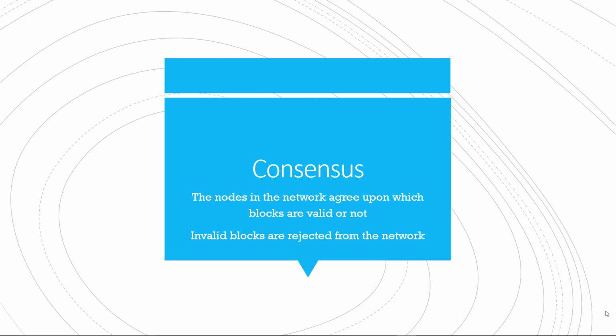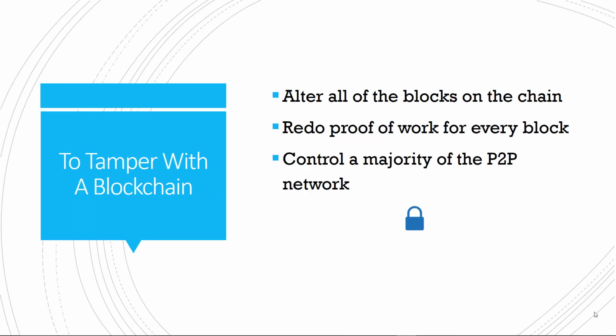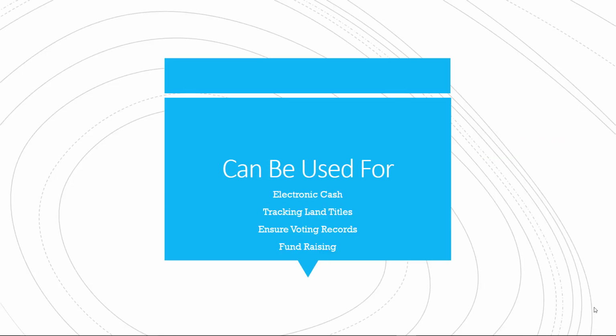The blockchain software combined with the network creates consensus. The nodes in the network agree upon which blocks are valid or not. Invalid blocks are rejected from the network. To tamper with the blockchain, you would have to alter all of the blocks on the chain. You'd have to redo the proof of work for every single block, and also control at least 50% of the peer-to-peer network. Blockchain technology can be used for creating electronic cash, tracking land ownership, ensuring the voting records are legitimate,